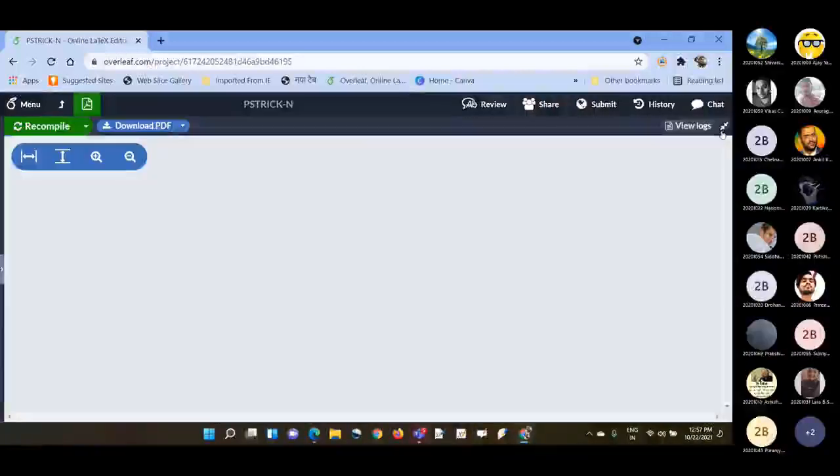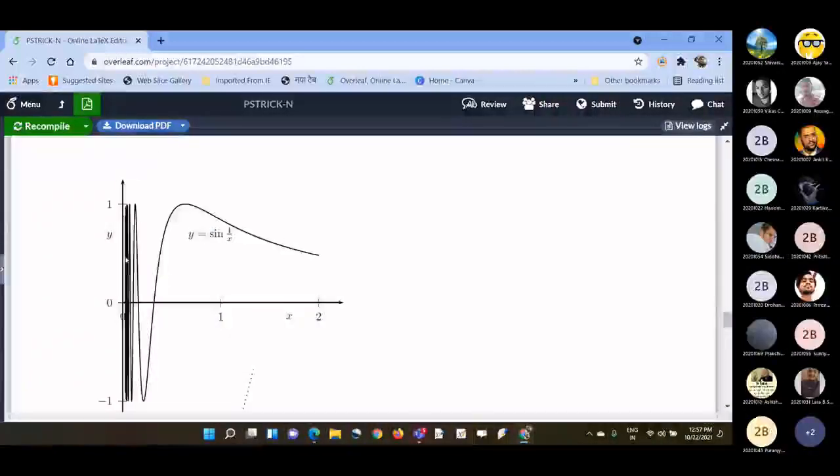Okay, so you can see these things are coming. This is a graph coming. On the x-axis, this is coming using the put command. This is also coming using the put command, this is also coming using the put command, and then this is also coming using the put command.